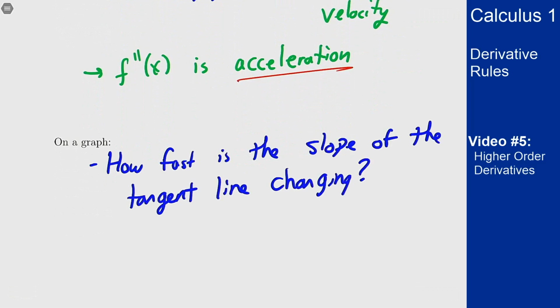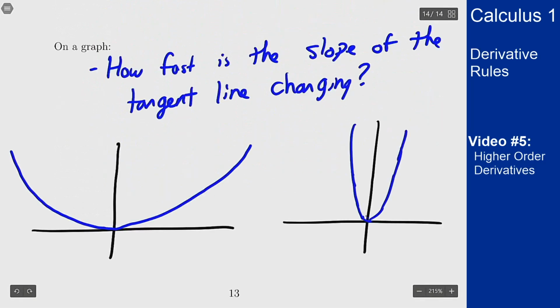So if I draw 2 graphs here, and assume they're on the same scale, which of these is going to have a larger second derivative? I'm looking at how fast the slope of the tangent line is changing. If I look at 3 points, say 1, 2, and 3, which will pair with 1, 2, and 3, for the graph on the left, my tangent lines look like this, and for the right, they look like this. Now, on which one is the slope changing faster? Well, it's the one on the right. Because for the one on the right, I go really steep, flat, and then really steep again, whereas on the left, it's sort of a gradual shift